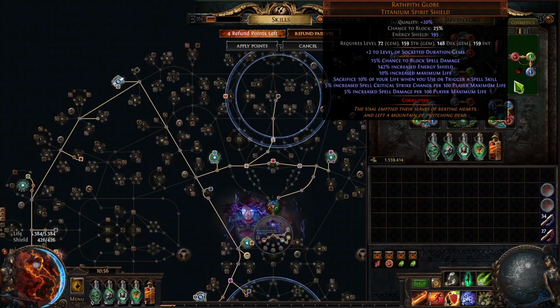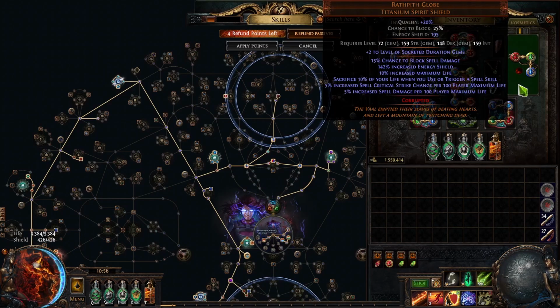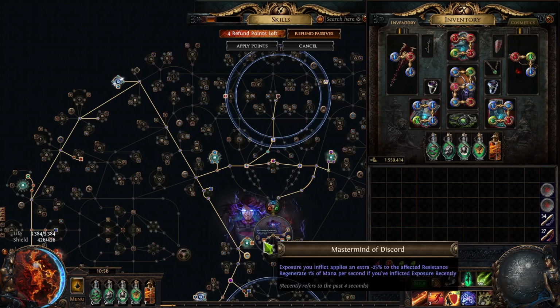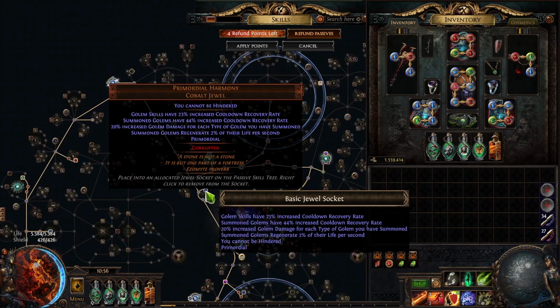spell damage based on player maximum life as long as you have Necromantic Aegis unlocked. This is always based on player life and not on minion life, so keep that in mind. I'm also using this Link Mastery to automatically apply fire exposure, which is scaled by Mastermind of Discord from the Elementalist. And the rest to scale the damage of your Flame Golems, use Primordial Harmony Jewels, which give the minions